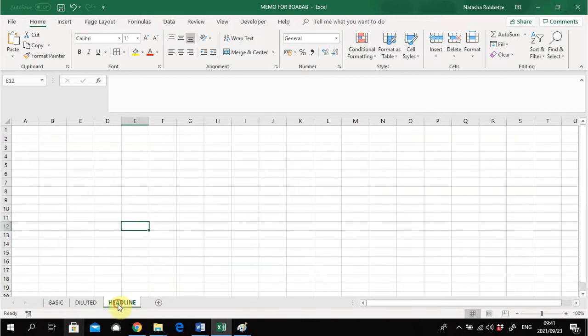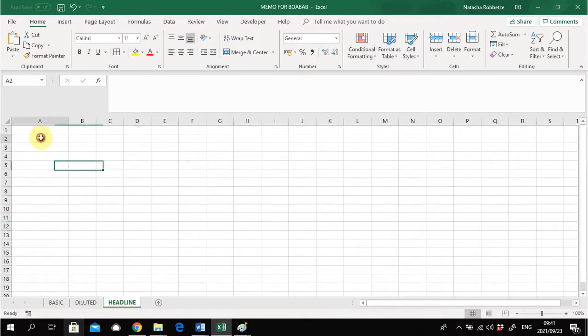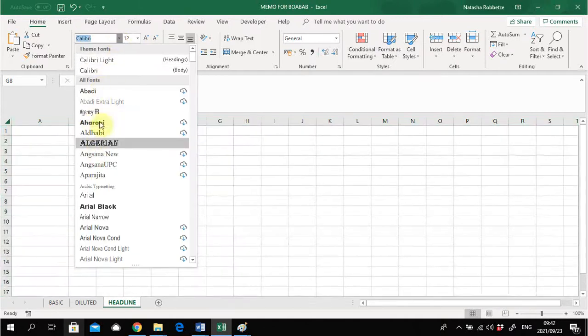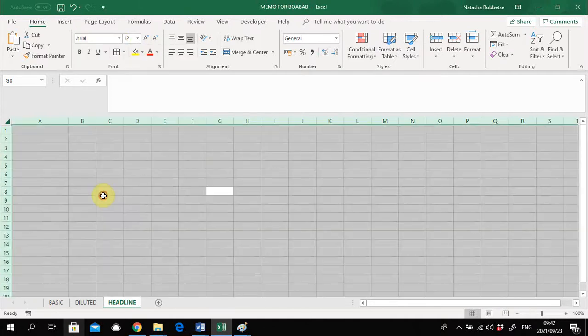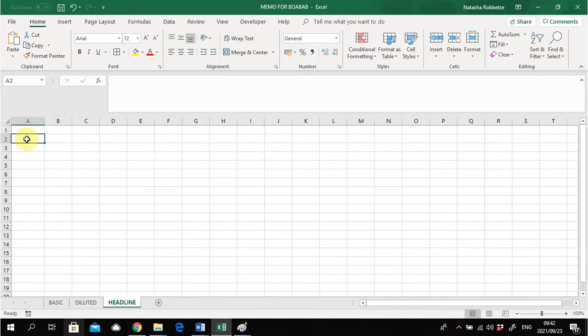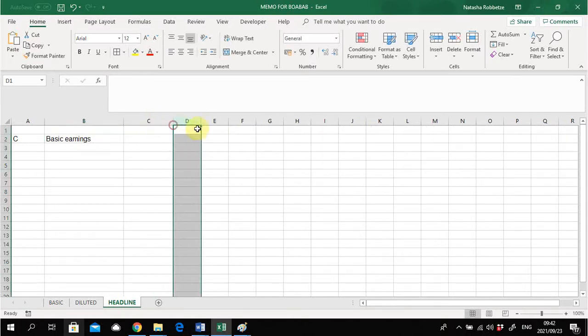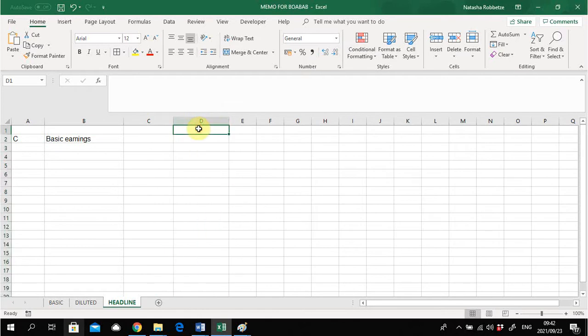So for headline earnings, we are again going to start with the basic earnings. Let me just put this in the correct area so that you can see properly. Right, so we are on headline earnings, and that's C. For headline earnings, we're going to start with basic earnings. And we are doing calculations for 2006 still. And the basic earnings, I believe, was